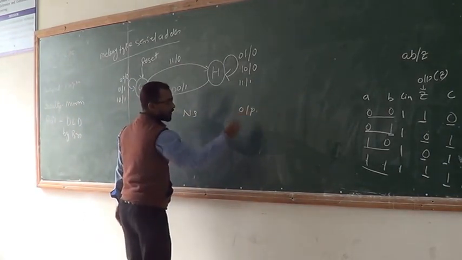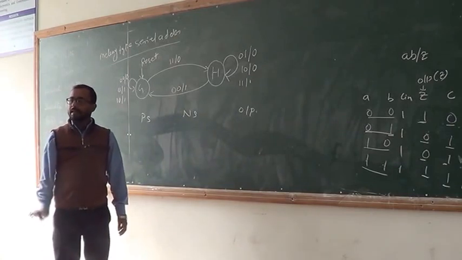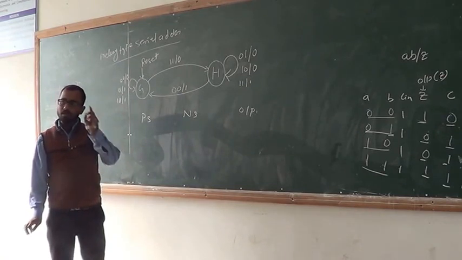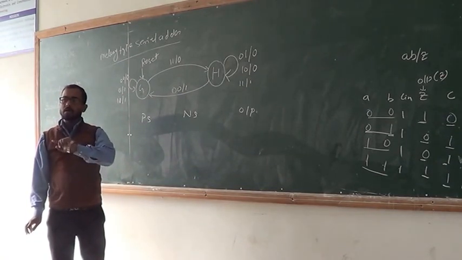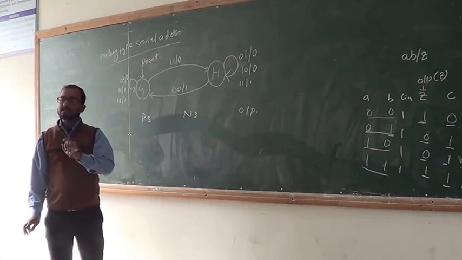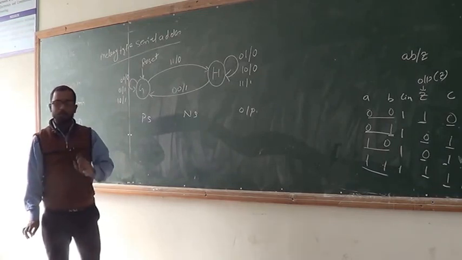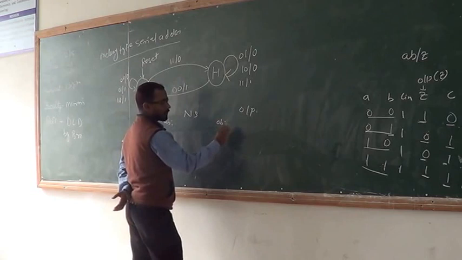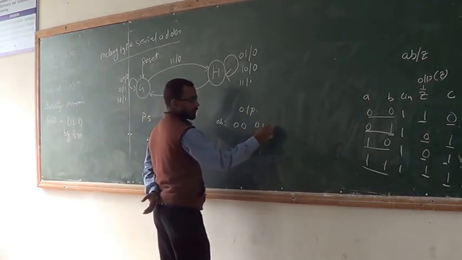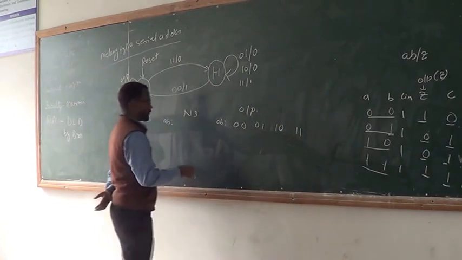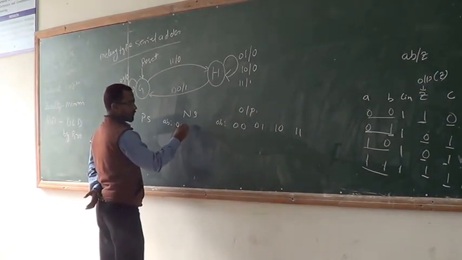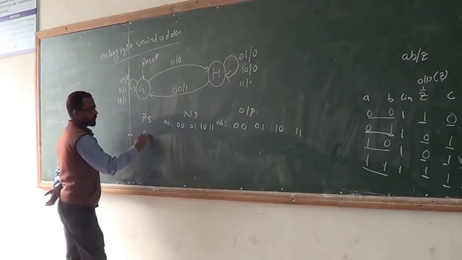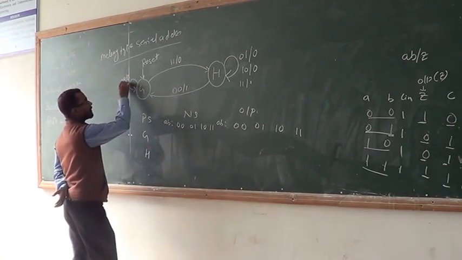In the Mealy type machine, the output depends upon the present state as well as the input. Therefore, we write down AB, that is 00, 01, 10, 11, and the present state is G and H. If 00 comes, then